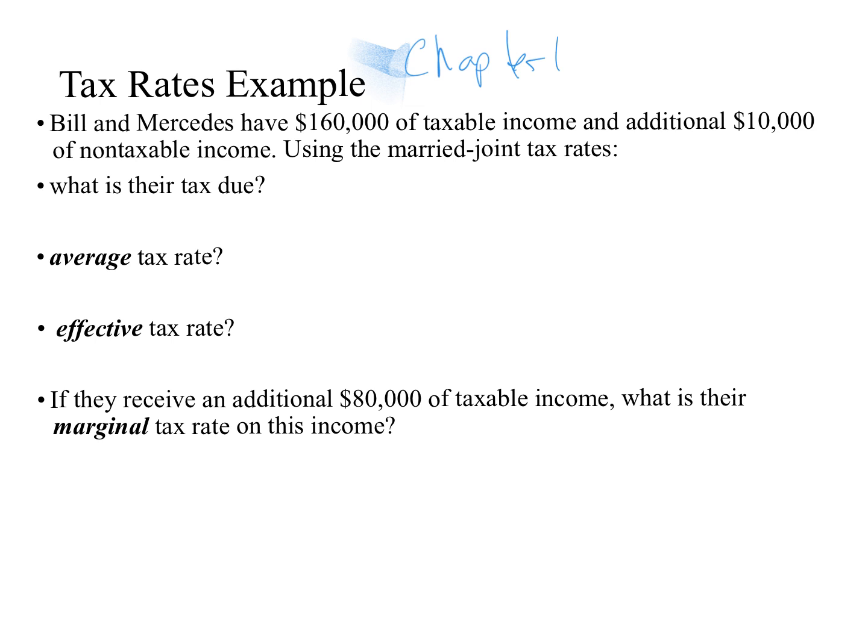Now, if you'll remember, in class, we were working on this problem, and we've got Bill and Mercedes, and they have $160,000 of taxable income, an additional $10,000 of non-taxable income. And remember that we talked about this non-taxable income, and we explained that that could be from a variety of sources. So I recommend you go back and look at, there's a video for the full chapter 1 Canvas PowerPoint presentation. And so I recommend you go back and take a look at that and get the context of this